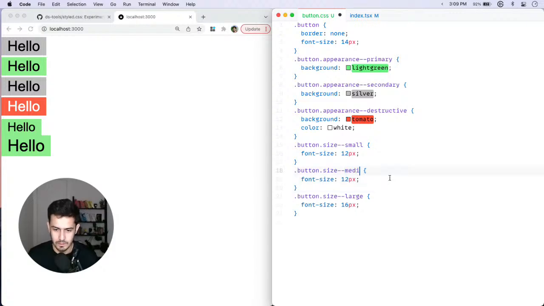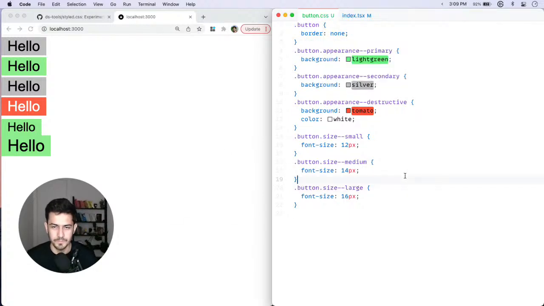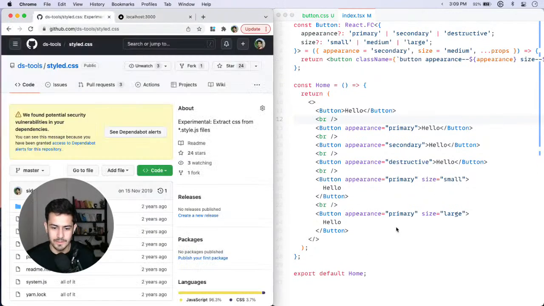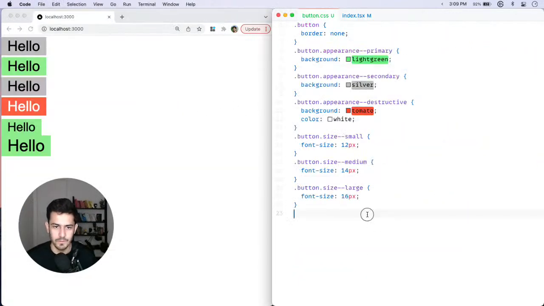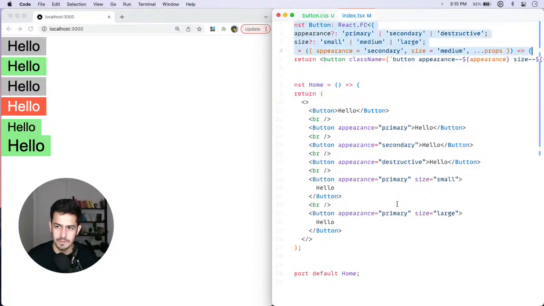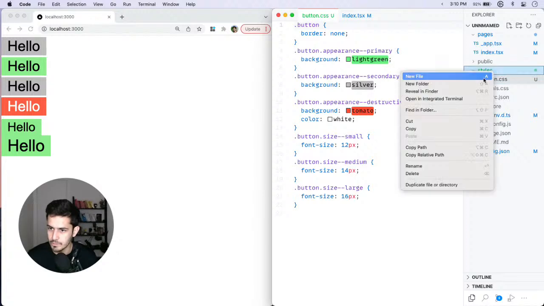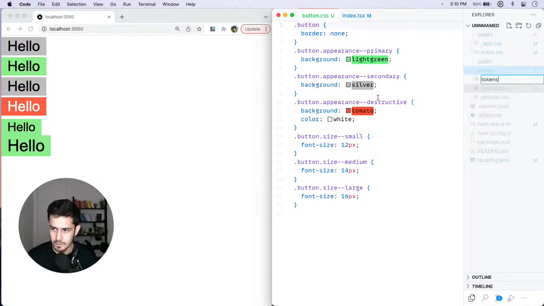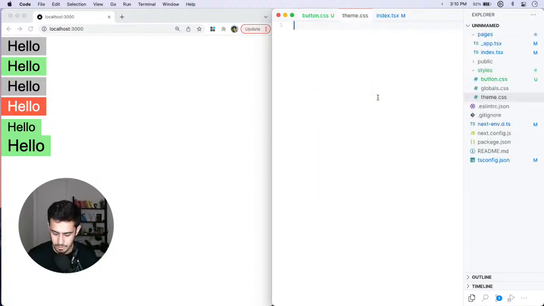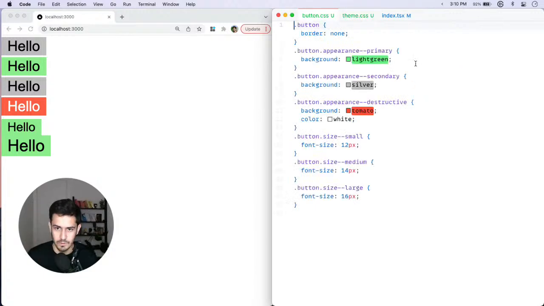So I'm gonna do this tiny thing where I pull up this here. Okay. Now this is, oops, not this. This is what we wanted to generate, right? And we don't really want to author this because we're already authoring all of this, right? So I want to somehow co-locate all of this because, okay, here's the thing. What I also want is variables or tokens or theme. I'm gonna call it theme for now. And inside my theme is where I actually want all of these styles. So like,